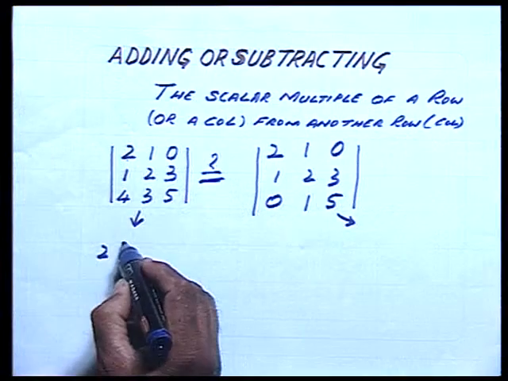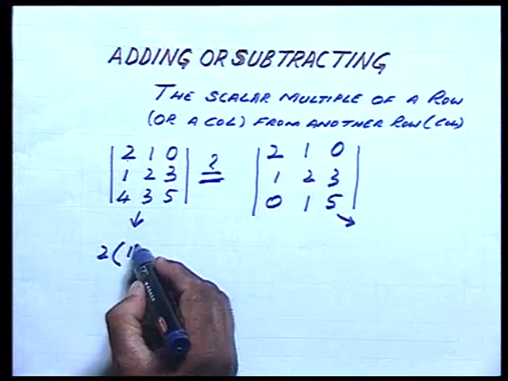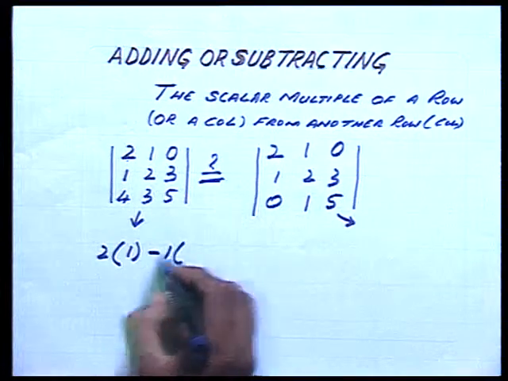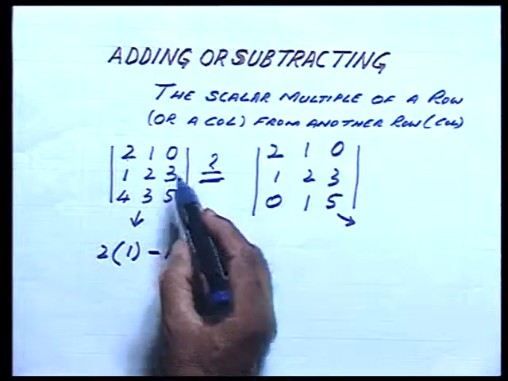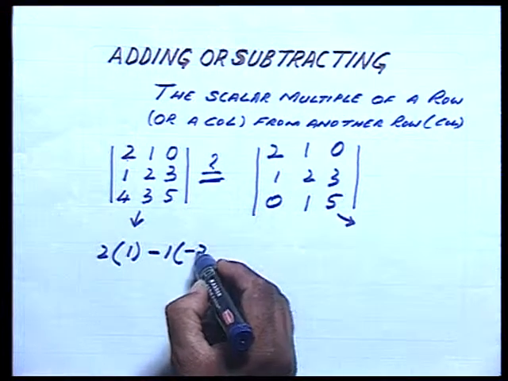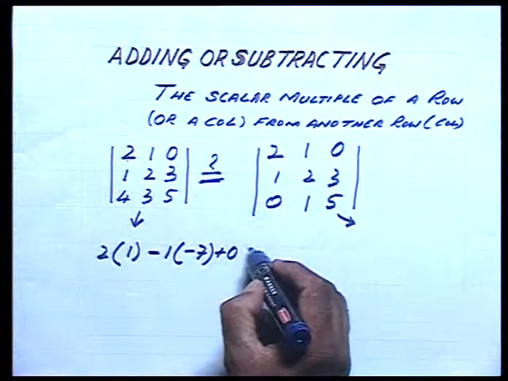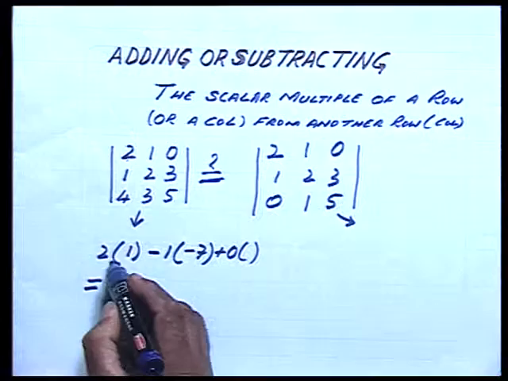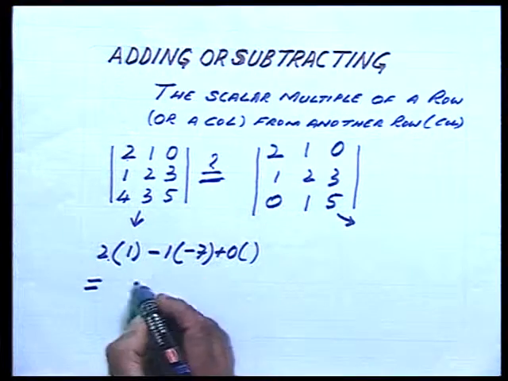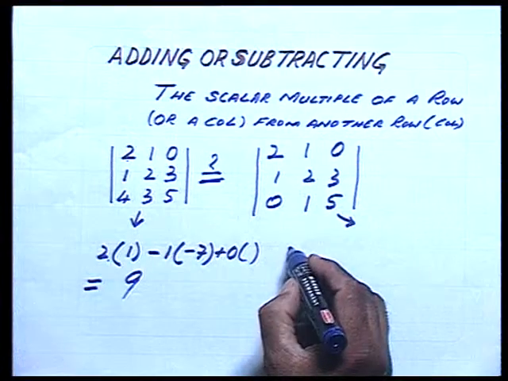This is 2 into 2 5s are 10 minus 9, which is 1. 1 into 1 3 4 5. So, 5 minus 12, which is minus 7. 0. So, no matter what comes up, this is going to give you 0. So, the value comes out to be 2 plus 7, which is 9. What of this? This gives you